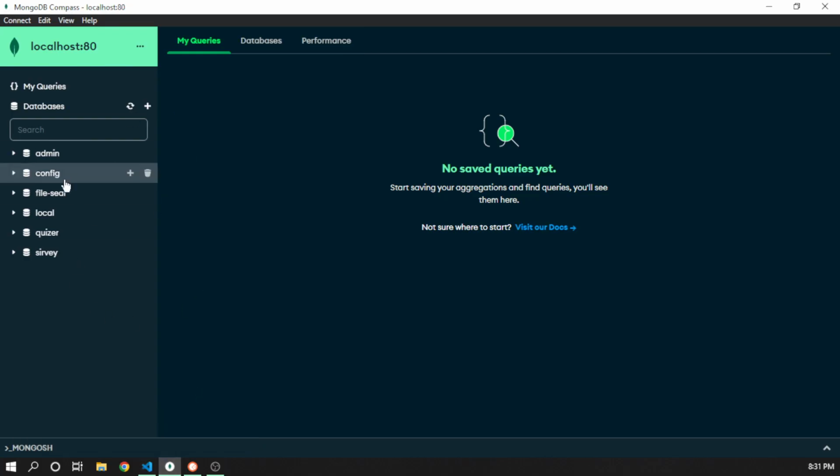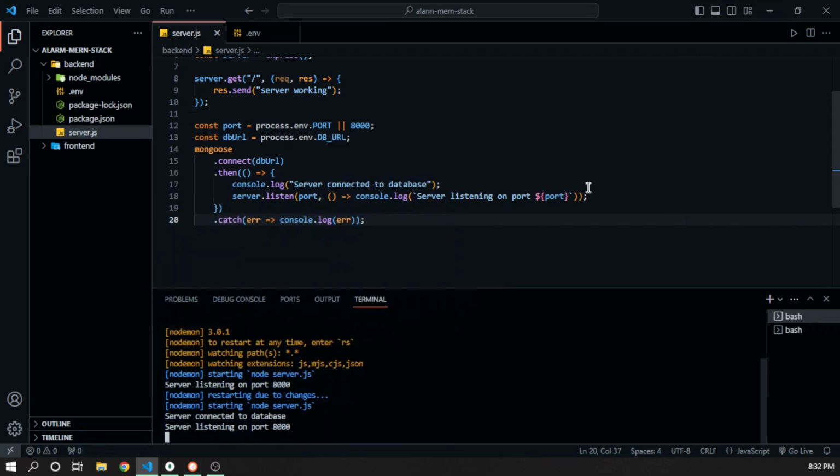Which database? This database. For now it doesn't show up because it doesn't have a collection. A collection in MongoDB is like a place where data is stored for a specific use case. For example, I have many different projects here which I've been working on, and inside each project there are collections. This is the database, this is the collection. We're going to look more into Mongoose databases and collections later on, but for now this is all you need to know about connecting your server to the database,